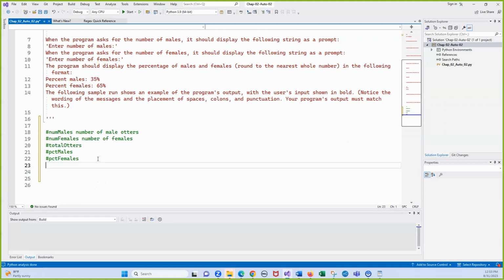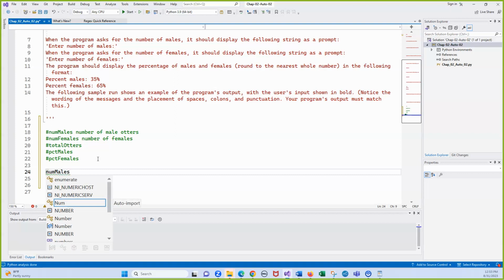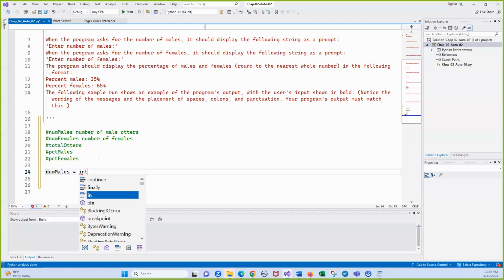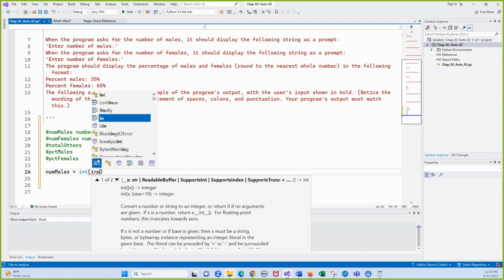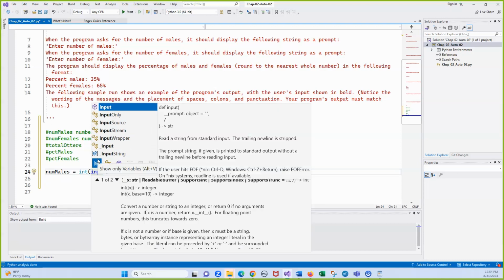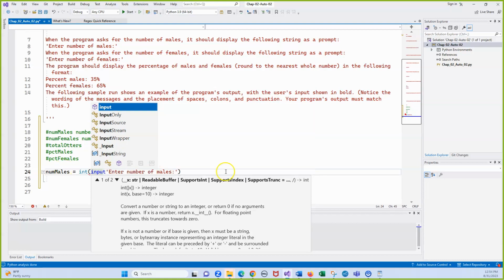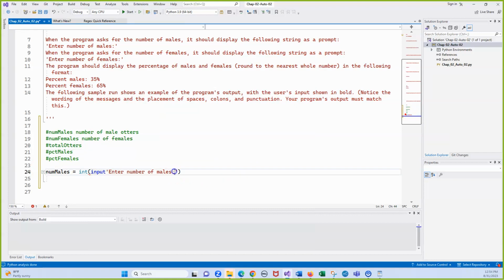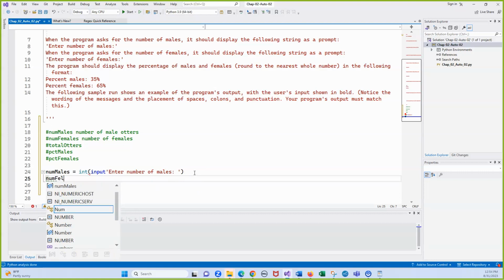So the first thing we need to do is, because we want an integer, we need to go num males equals int and then input, and then I should be able to paste that there. So what you want to do here is put a space here so you have a little bit of extra. It makes it easier to read. And then we're going to do the same thing, num females